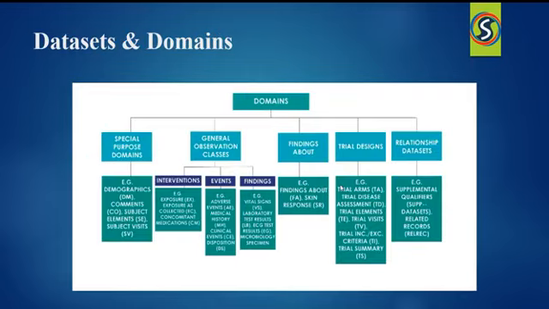So coming to your data sets and domains. Observations about study subjects are normally collected for all the subjects in a series of domains. A domain is defined as a collection of logically related observations with one common topic, right? So the logic of the relationship may pertain to the scientific subject matter of the data or its role in the trial. So each domain is represented by a single data set.